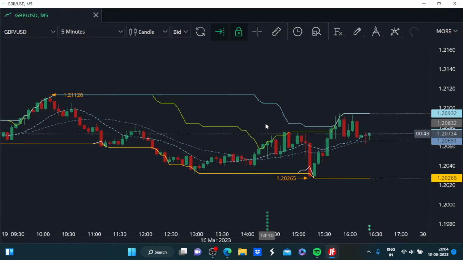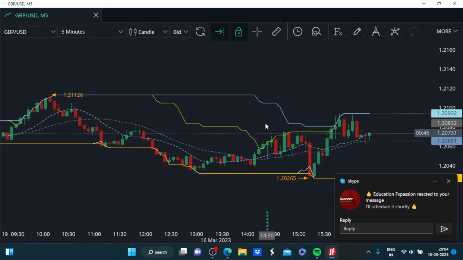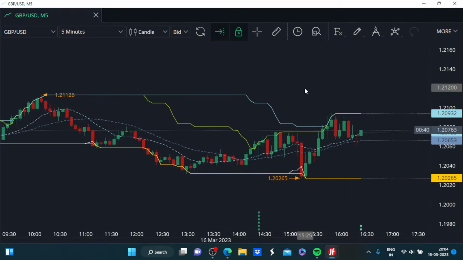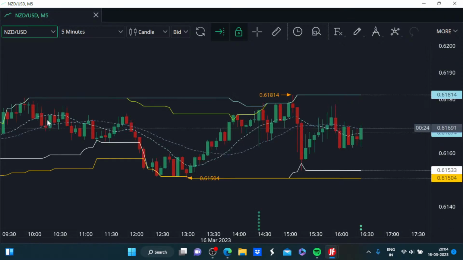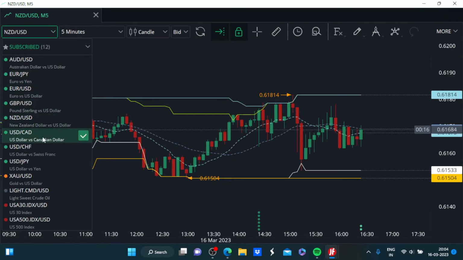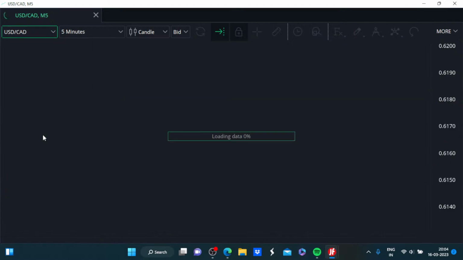Right now, as I said, it is simply a matter of consolidation, and we will have to allow it to play it out and give us directional clarity. So GBP is also looking slightly more bullish in comparison to the AUD and euro, but whether it is more bullish than NZD, for that we will have to compare the timeline. And no, not really. The NZD is slightly more bullish in comparison to the GBP also. Now we will have to invert this case and consider USD/CAD and USD/CHF.